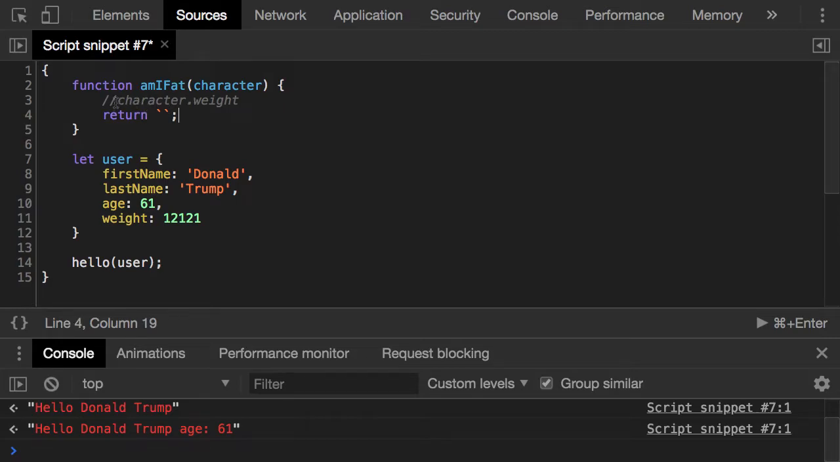But the question is, how do we do that? We want that to return something like, yes, you are, or something like, no, you aren't. Like if or else statement. Exactly, that's it. That's a very important principle in JavaScript. If else. How do we do if else? The way to do if else,